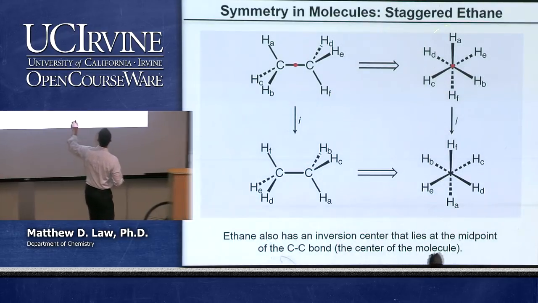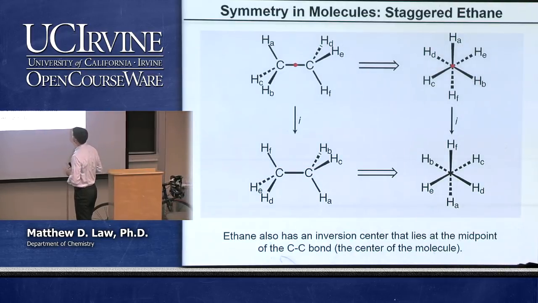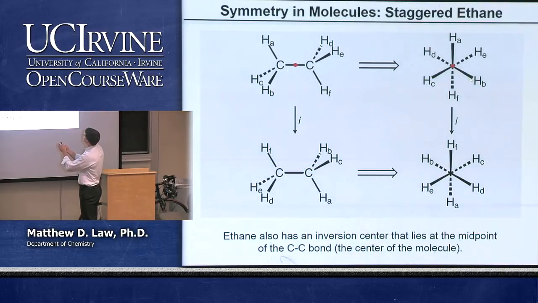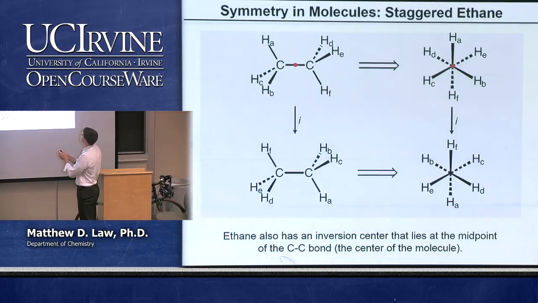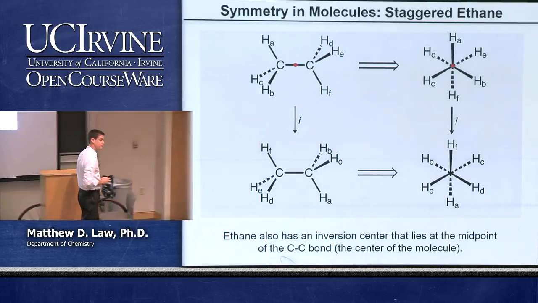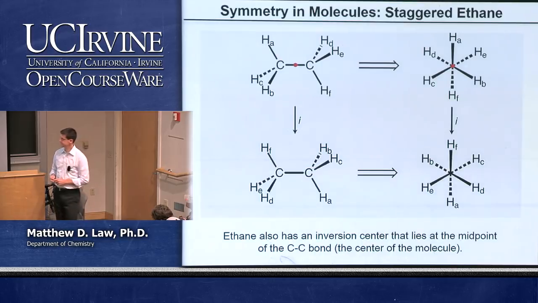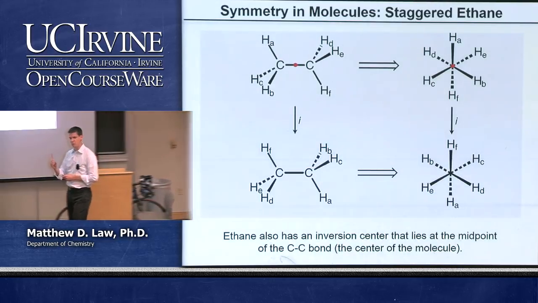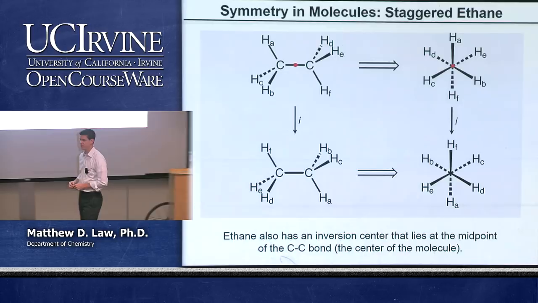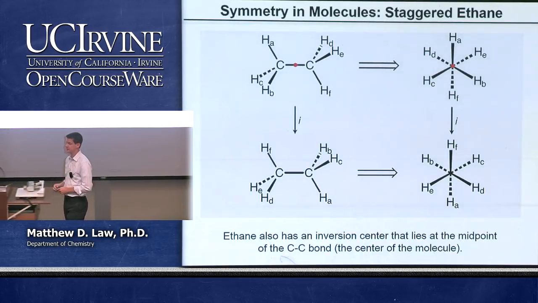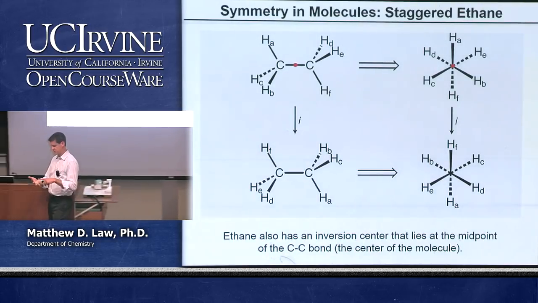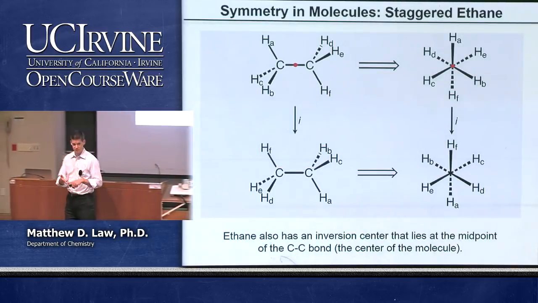We can see it perhaps more easily if we look end-on at the molecule. Right? That takes the 3 hydrogens that are popping out of the board and swaps them with their respective partners in the board. And so we have an inversion operation as well. That's so far 10 total operations that we've tallied up. We can only have 0 or 1 inversion, and so we found that we have 1, so the game's over for inversion. And we've looked at proper rotations, we've looked at reflections, and we've looked at inversion.